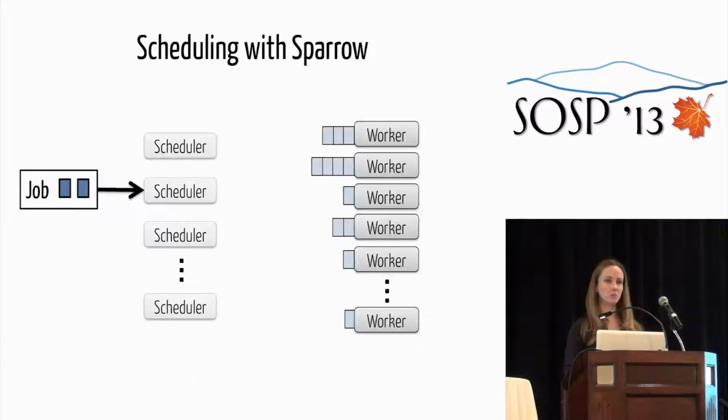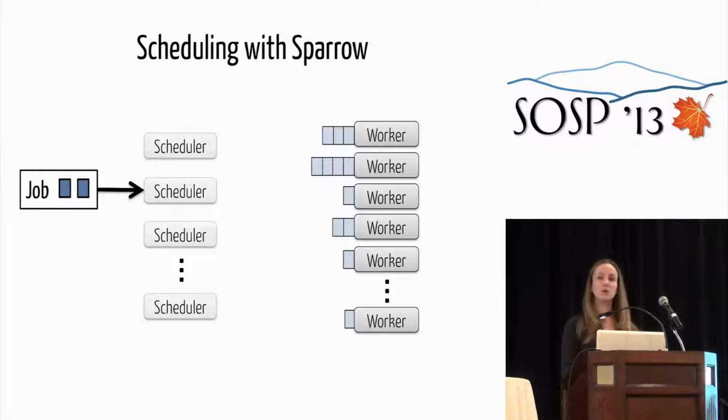First, Sparrow's approach. When a job arrives at a Sparrow scheduler, it has no prior knowledge about what's going on in the cluster. It has no information about what's running on any of the worker machines, and there may be many other schedulers operating in parallel that this scheduler doesn't know about. We'll model each worker machine as a queue, so each worker can run some number of tasks at a time, and if it's assigned more tasks than that, it will add them to the queue.